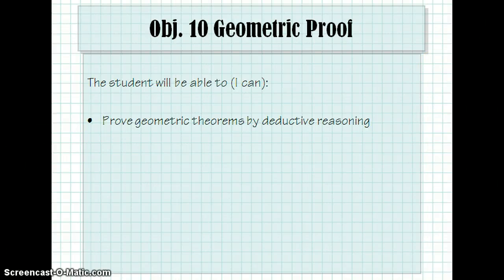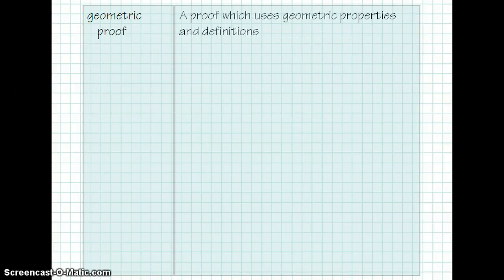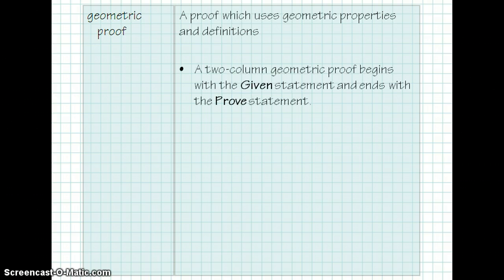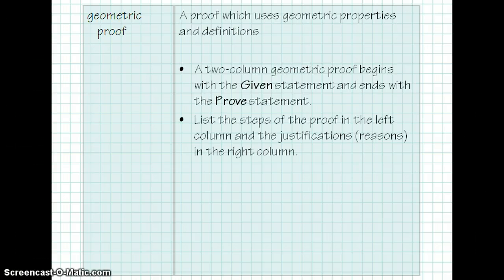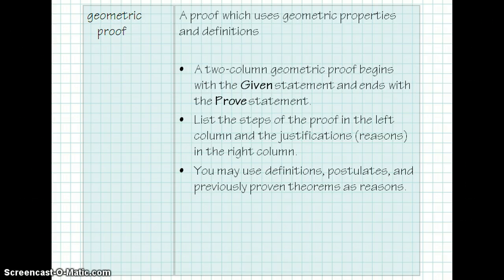Okay, we're going to talk about geometric proof now that we've finished going over the algebraic proof stuff. A geometric proof is a proof which uses geometric properties and definitions generally to prove something about a geometric figure. And as before with the algebraic proofs, it begins with a given statement, ends with a proved statement. You list the steps of the proof on the left column and whatever your justifications or reasons are in the right column. And you can use definitions, postulates, previously proven theorems, algebraic properties, anything like that as part